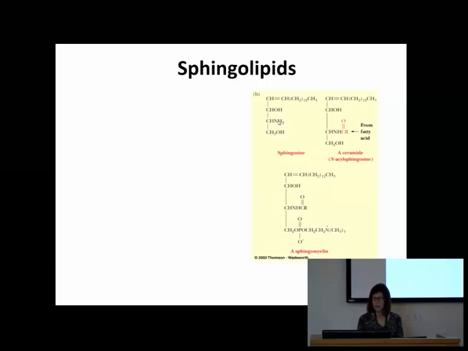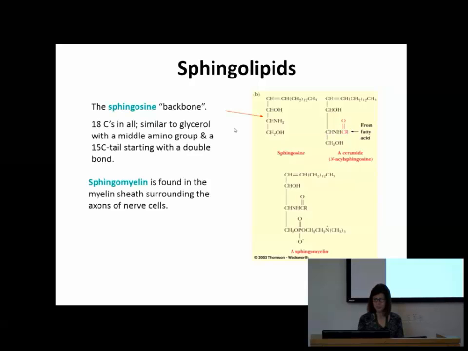Here, a ceramide is just where we're going to condense a fatty acid with the amine portion. And here, we're going to add on to this alcohol, we're going to add on this phosphate group and this quaternary amine. And so sphingomyelin we find in the myelin sheath around nerve cells, and it allows nerve impulses to flow. And if we don't have it, then we're going to have multiple sclerosis.